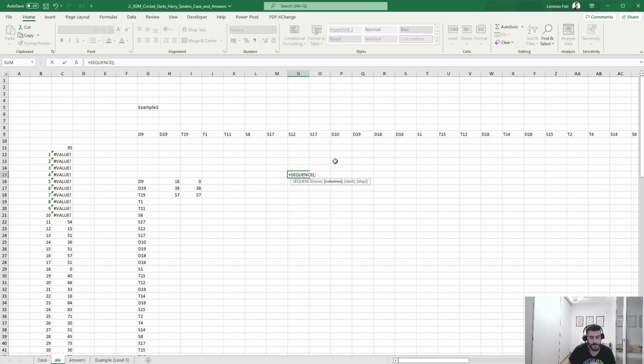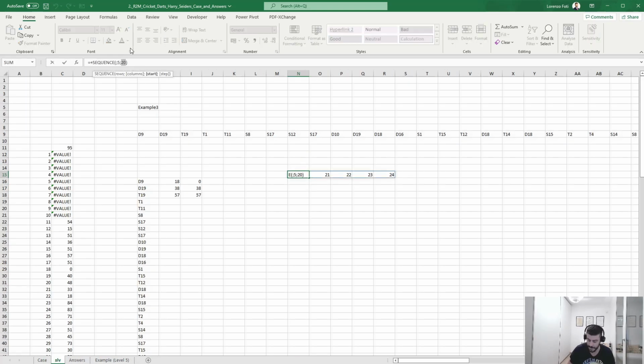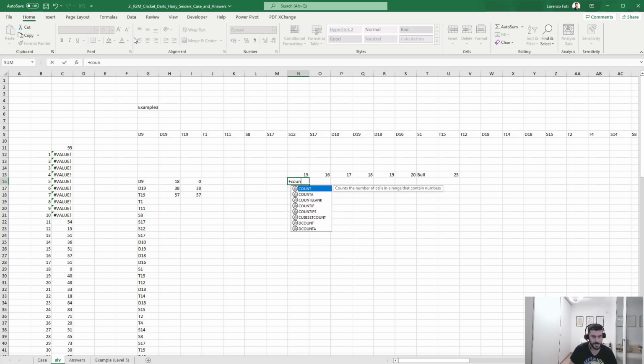First of all, having a sequence of, I think, 5 starting from, sorry, starting from 15. I also have 20. It's actually a sequence of 6 plus bull plus 25. So this is my set. And what I did actually was this. The number of hits of each sector, we need to consider also the S, D, T starting with the letter. So I did basically countifs of this